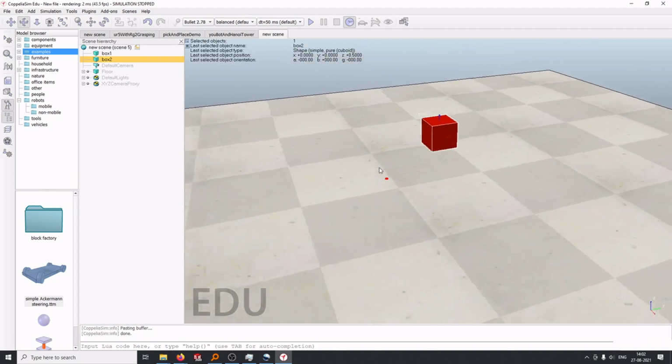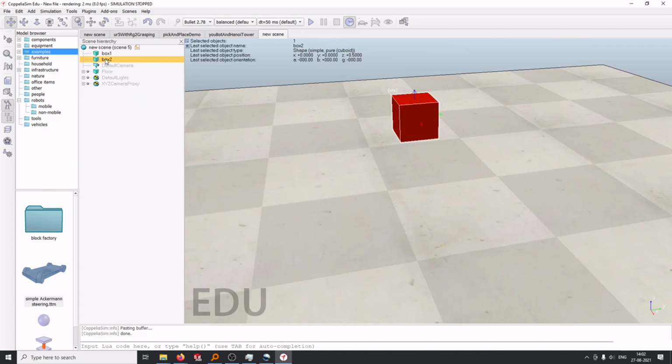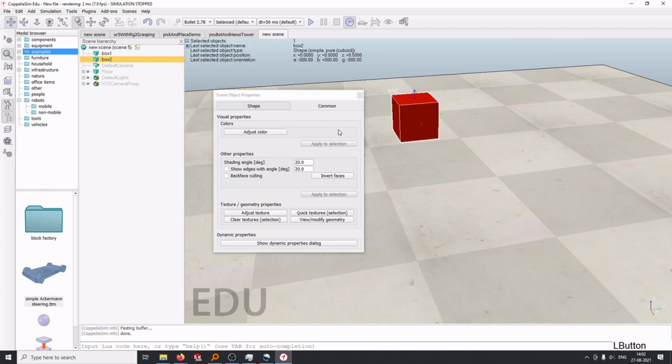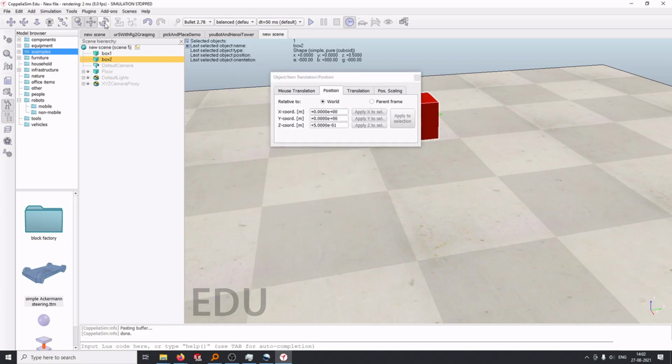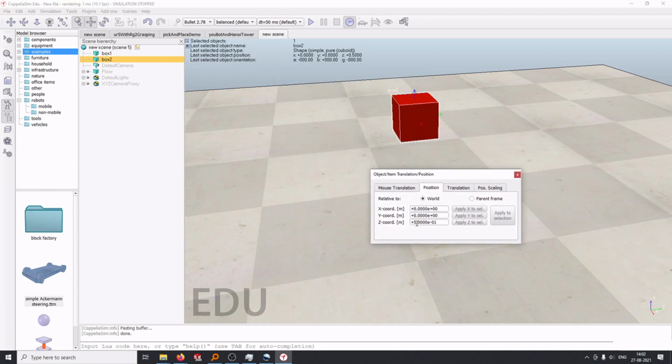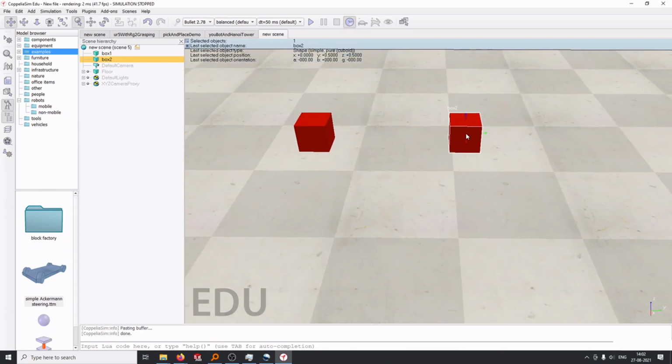Okay, so now the position of box 1 and box 2 are the same. So I want to change the position of box 2, right? Because I don't want it to be merged some way. So how do I change the location now? As we did earlier, this is how we change the location in the environment. Let's say about 50 centimeters on the y-axis positive, and I want it to be a different color, like this is the same color.